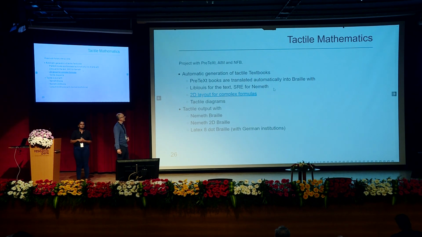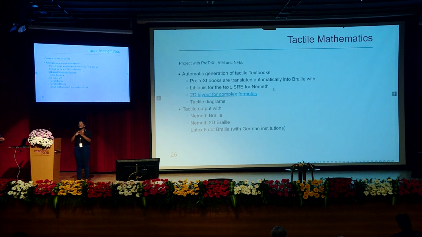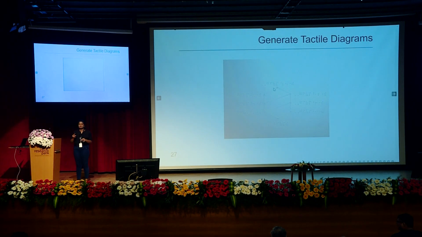that's tactile mathematics that we can do. That's work we're currently doing with the American Institute of Mathematics and the National Federation of the Blind, where you generate textbooks, translate the textbooks into PreTeXt, and then generate them in tactile format directly. Normally that costs, from what I understand, about $50,000 for a single textbook, and takes about 6 months. We can do this in about a couple of hours. It's not perfect yet, but it's a start.